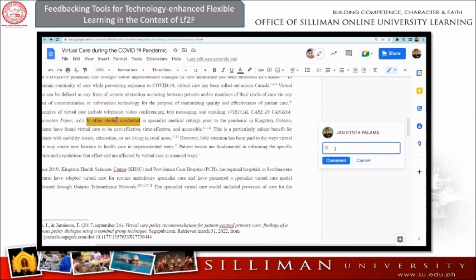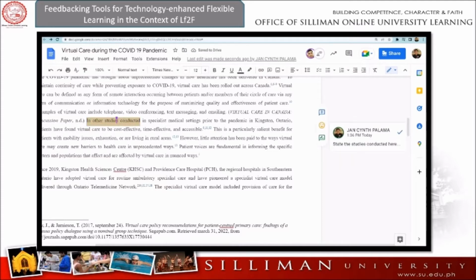So to put a comment, I click on Add Comment. And I will be typing my comment here in the text field. And my comment is, I want you to state what are the studies being conducted. For example,